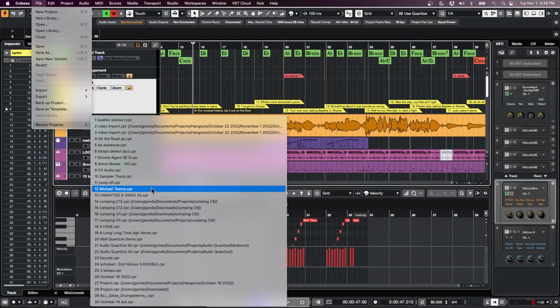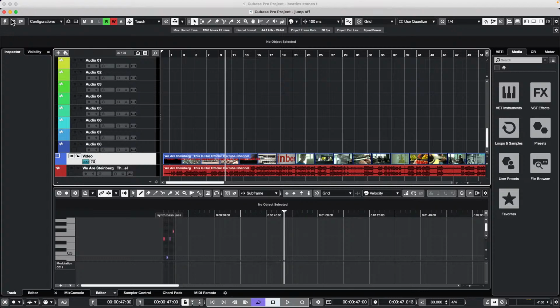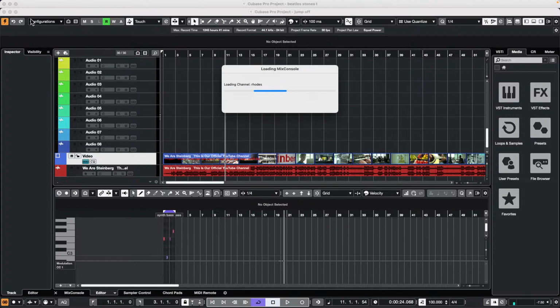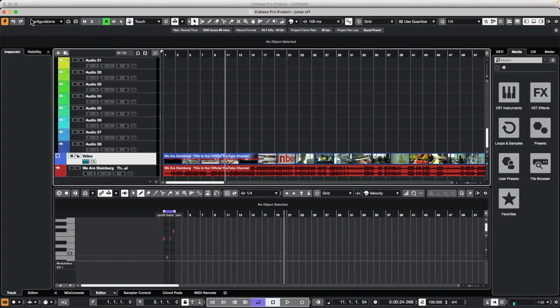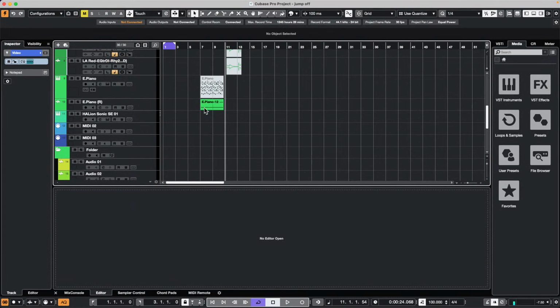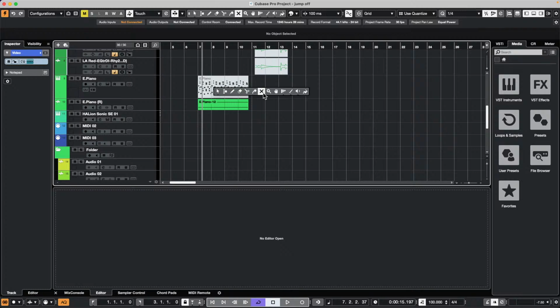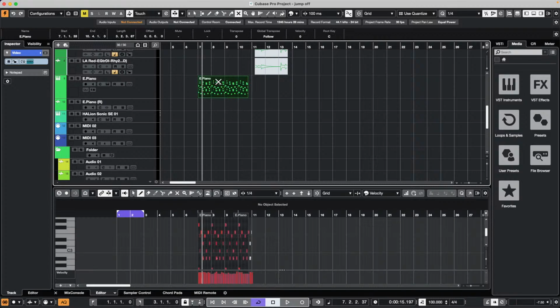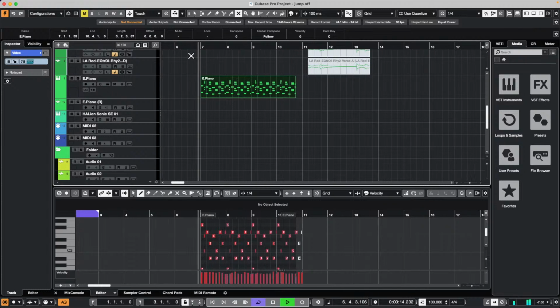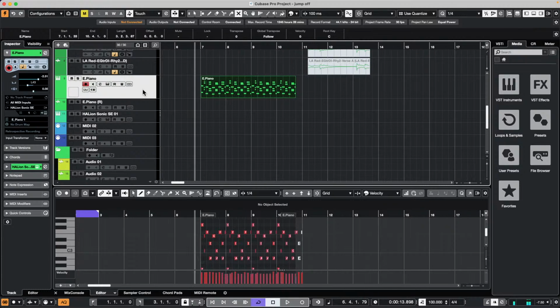Okay, let me just find... Okay, so let's say I have this little... with many beautiful electric piano links. Let me just solo this. So